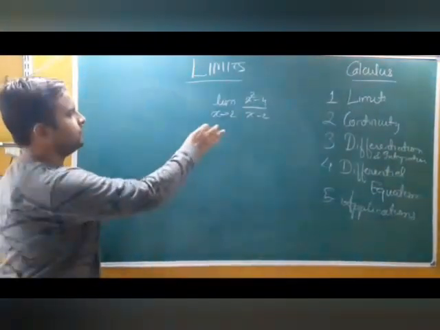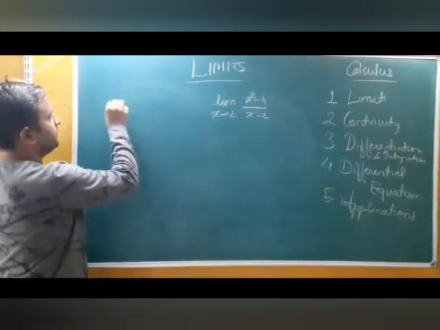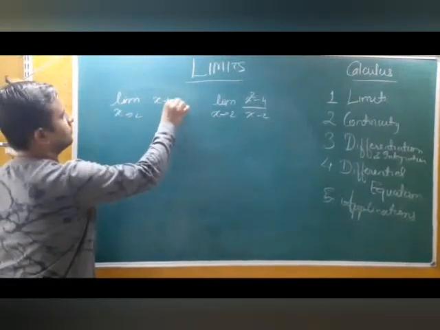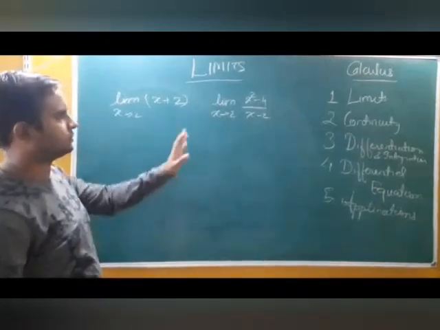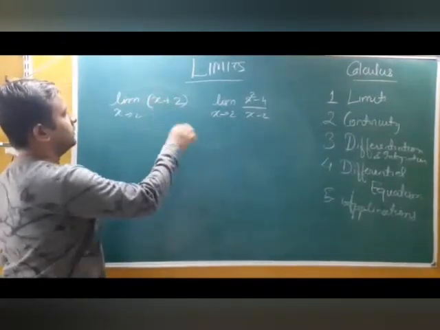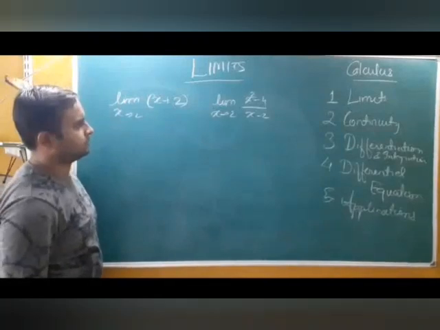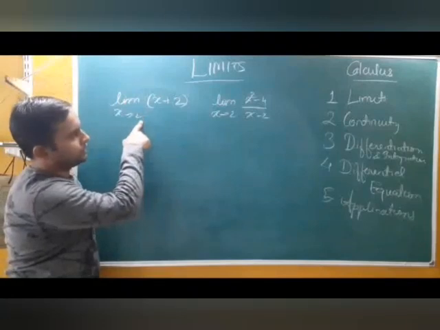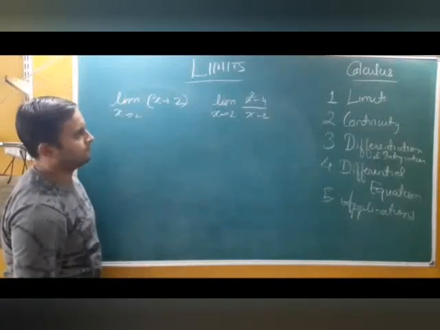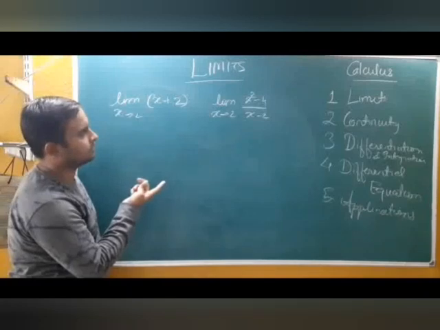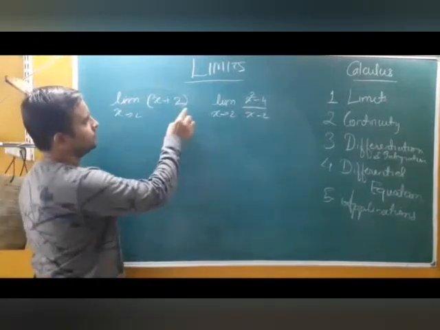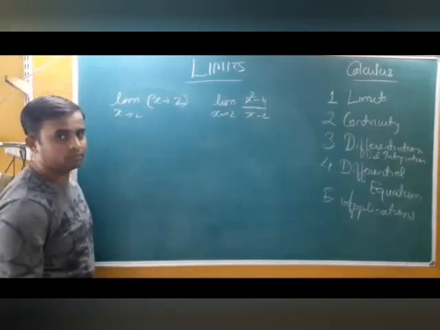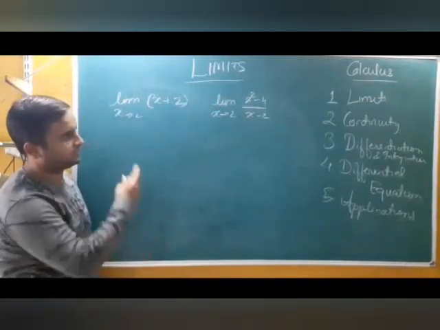Now tell me, what should be the difference between these two limits? This is one limit and this is another limit. Okay, x plus 2 and this is x square minus 4 upon x minus 2. If you solve this limit using the factorization method, you will eventually get to this point. And ideally this should be the same thing, because value of this limit will be 4 and value of this limit has to be 4 again. Now, where is the difference? Yes, here is the difference.